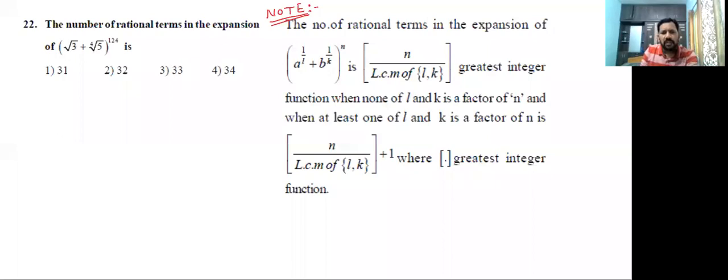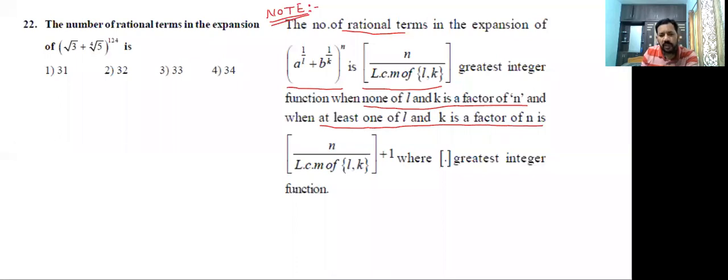Students, see here, the number of rational terms in the expansion of (a^(1/l) + b^(1/k))^n is the floor of n by LCM of l comma k, where this is the greatest integer function, when none of l and k is a factor of n. Only when none of l and k is a factor of n does this formula hold. Otherwise, if at least one of l and k is a factor of n,